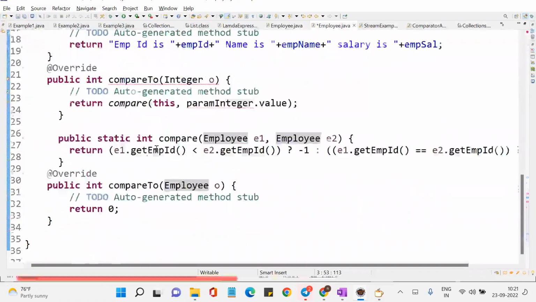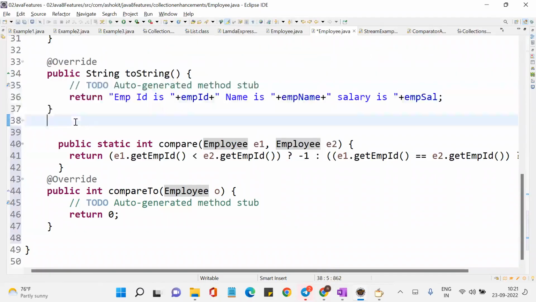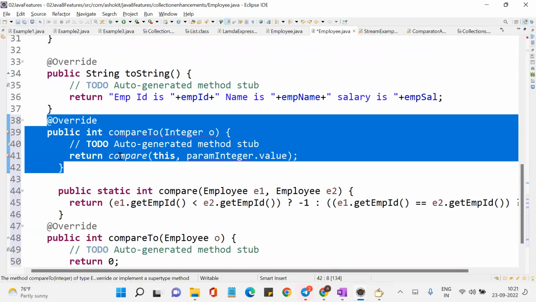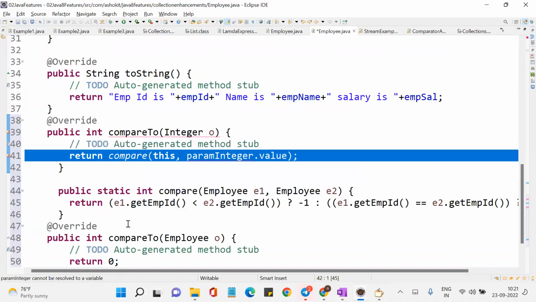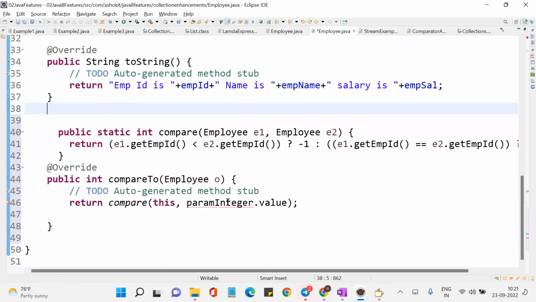Yeah, it is taking employee. Now let me remove this method. Sorry, copy this line. I'm just making sure that it is similar to the toString method. If you want, you can write your own manually also. I'm just writing. So here, this is nothing but,